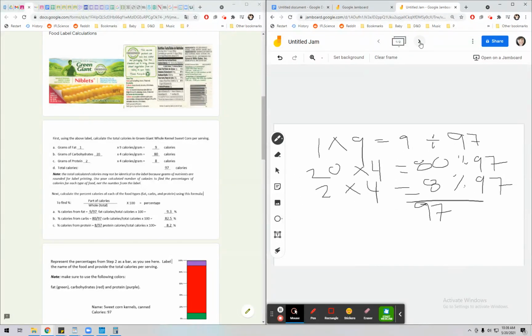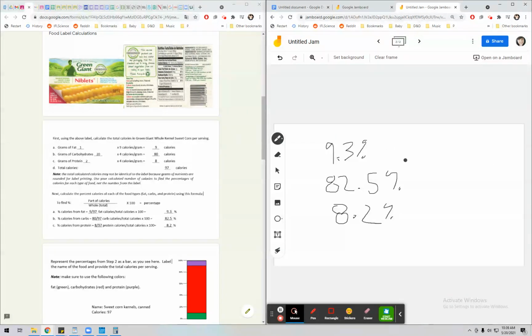All right, once you have these numbers, these are the percents of each. So we have 9.3% fat. We have 82.5% carbs. And then we have 8.2% protein. So like we talked about yesterday in class, if I were to ask you,